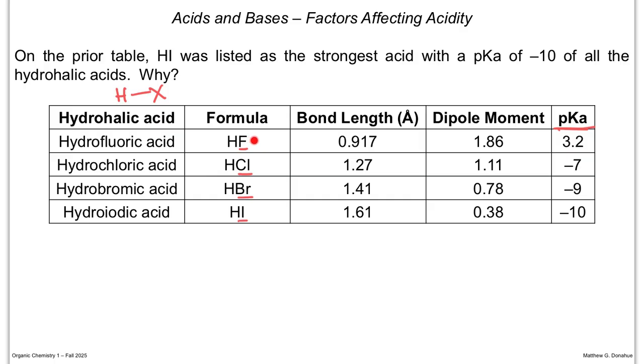But from F to Cl to Br to I, what happens to the size of the halogen? The radius is getting bigger. So if you think of the hydrogen as the size of a golf ball, that stays the same. Then fluorine is maybe a softball. Chlorine is,